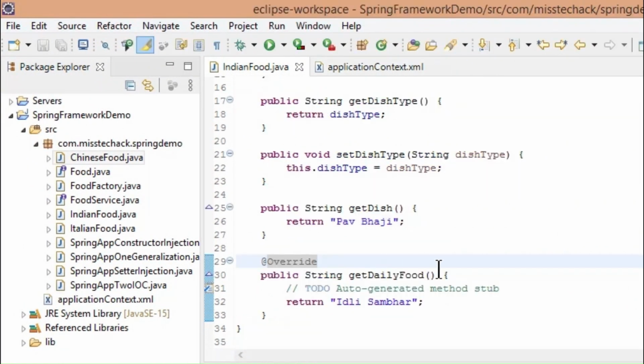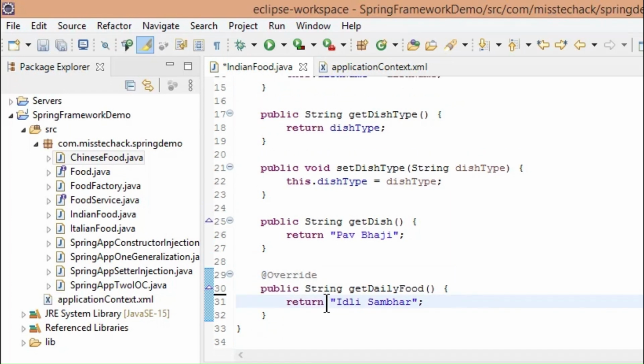Go back to Indian food class. Replace return value of get daily food method to a new string combined with values from get dish name method and get dish type method.